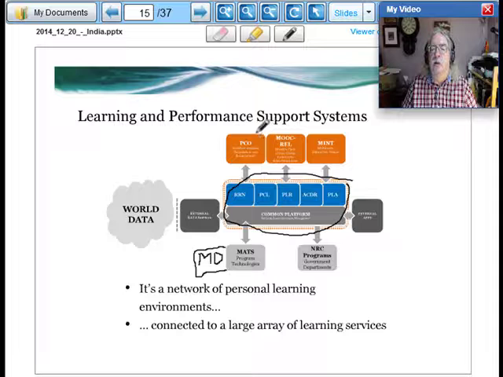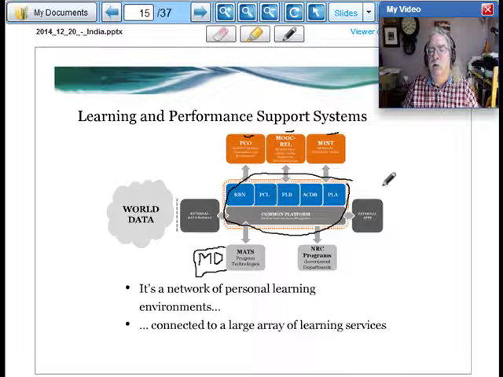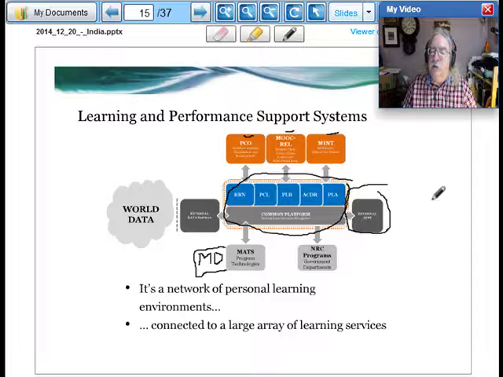We connect with external projects. These are commercial and non-commercial partners that we're working with. For example, other parts of government, for example, other governments, or for example, commercial vendors. We work with data that's out there in the world, everything from sensors from your physical body to data from Statistics Canada to whatever you can think of. We tie in with external applications. This includes learning management systems, it includes content repositories, simulations, and any other external application that you can think of.